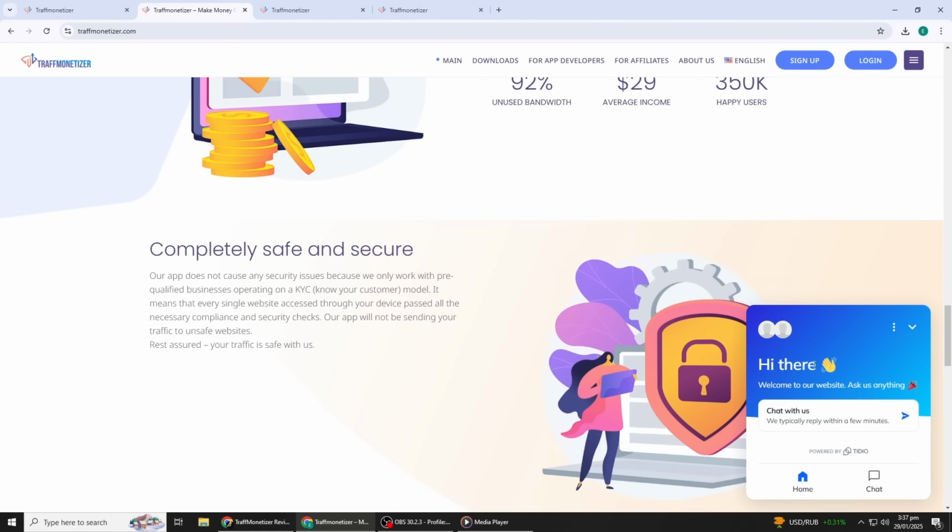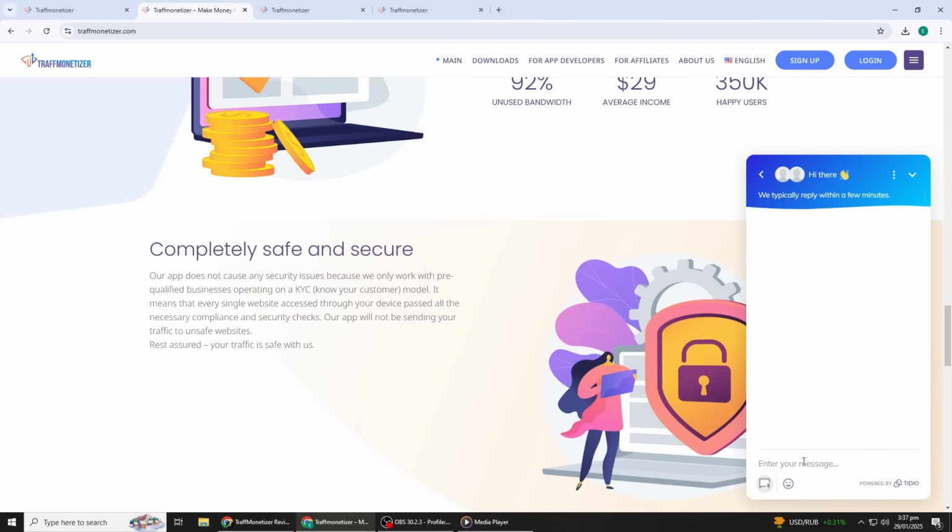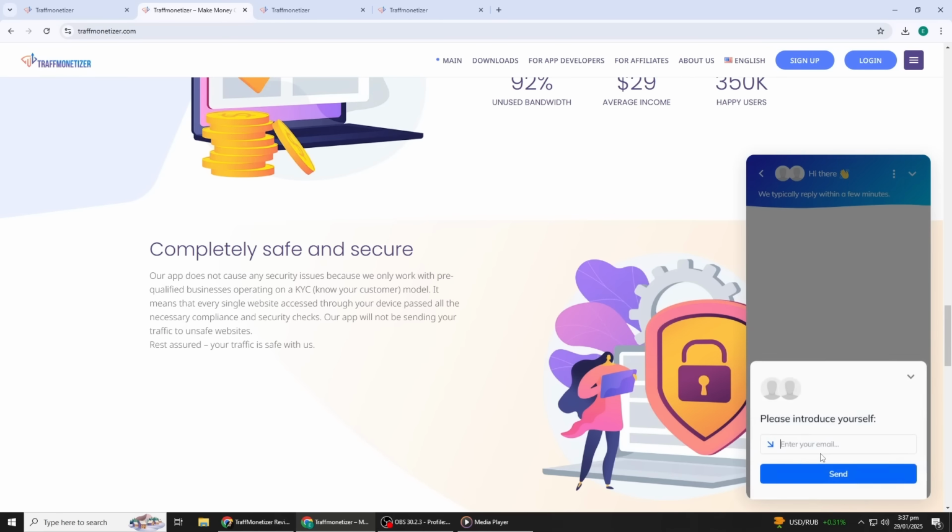In my experience, it is always a good idea to do your own research before installing any software that interacts with your internet connection. If you are comfortable with the risks and want to give it a try,